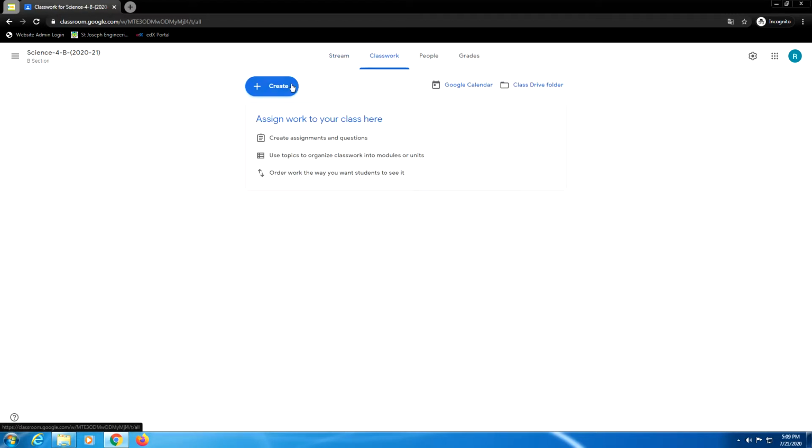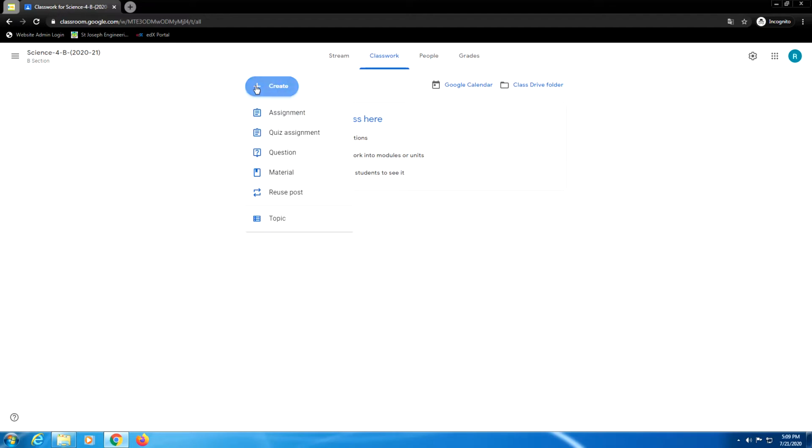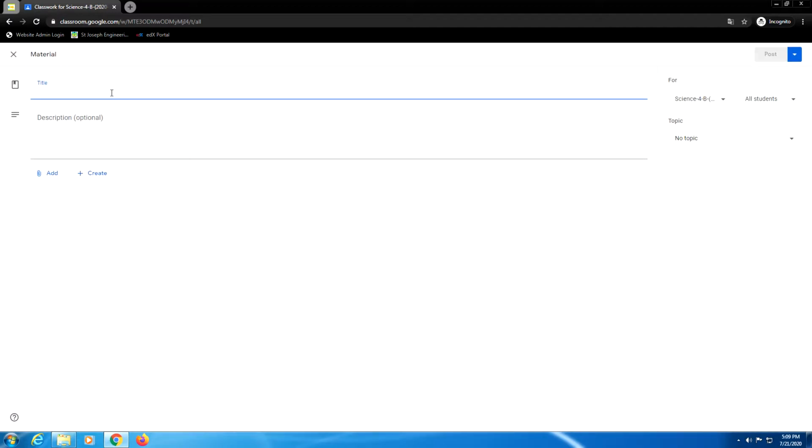In classwork you have create. I click on create. I have an option called material. So I click on material. Here it asks for general things: I have to give the title, I have to give a description to the material, and you can also see to whom you are going to post this. So I click on title and type it as